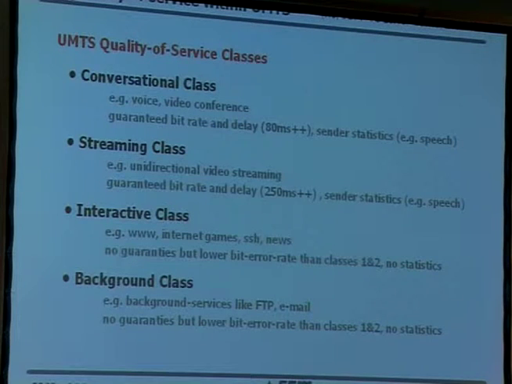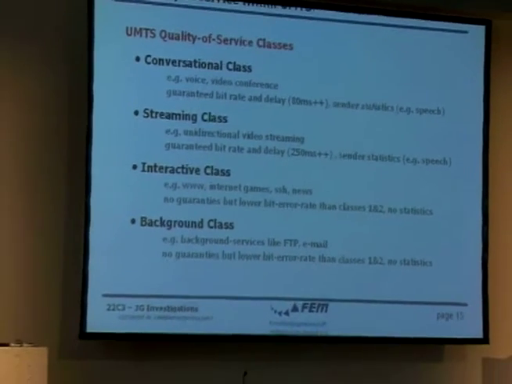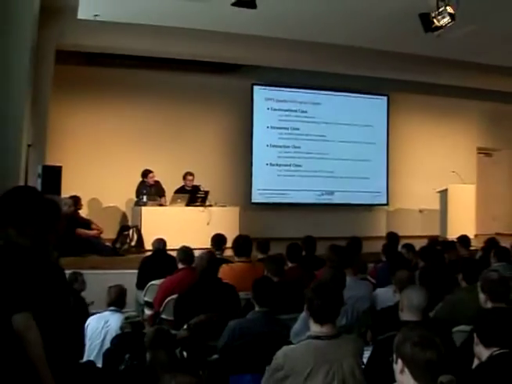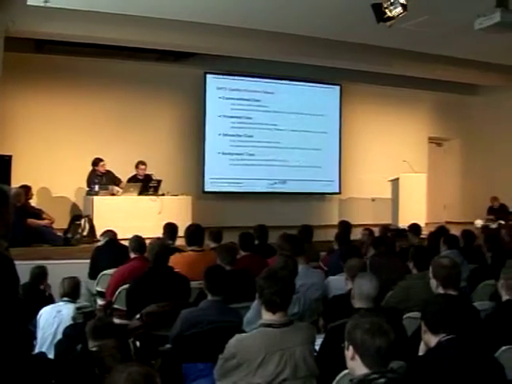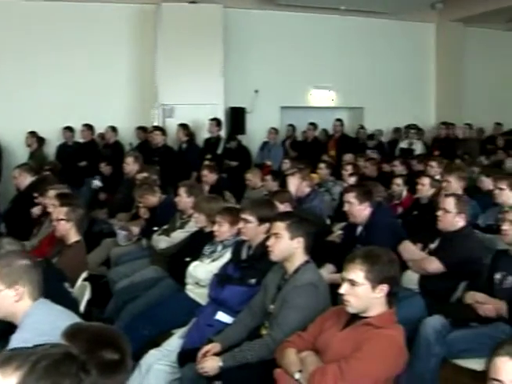There's a streaming class, a bit more delay. Then the last 2 classes have no guarantees, it's just priority. They are more or less for normal web browsing or background services like email, FTP, and so on. This would be nice to have, at least some of the classes, but